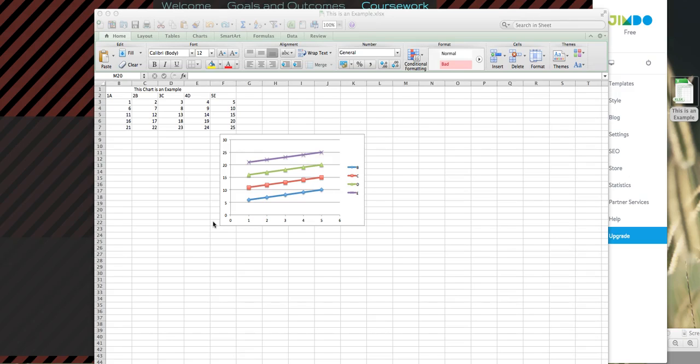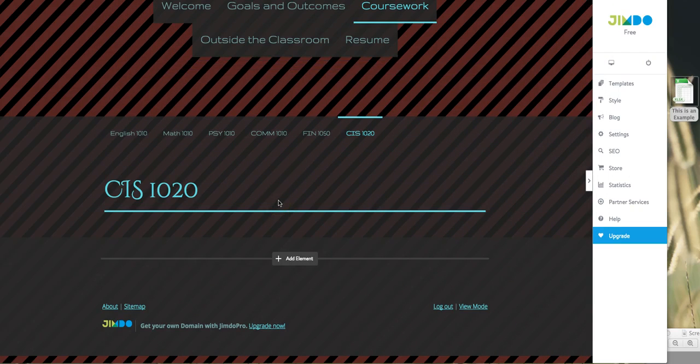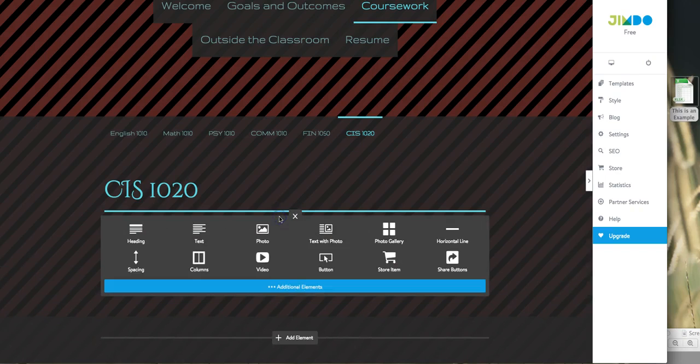I'm on a Mac computer, so I'm going to hit Shift-Command-4, and you'll see that my cursor just turned into more of a crosshairs target. I will select all that I want to be in my ePortfolio, and I can let go, and it will take a screen capture of my Excel document. I'll go back to my Jimdo ePortfolio and click on Add Element,